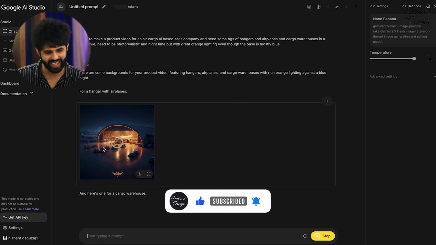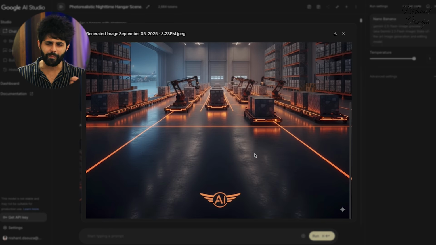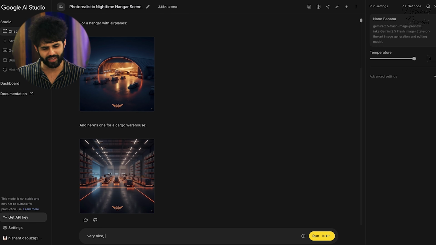There you go. That's pretty crazy. With a little bit of a tint, a little bit of a match of the brand colors that follow the guidelines of that particular company, I'm 100% certain I can use this for what I want. But what are those logos doing there? Let's see. Very nice. Remove the logo and regenerate them in 16:9 aspect ratio because it is a product video at the end of the day. There you go. Wow.